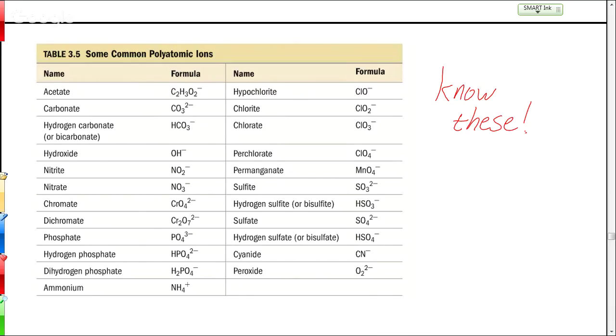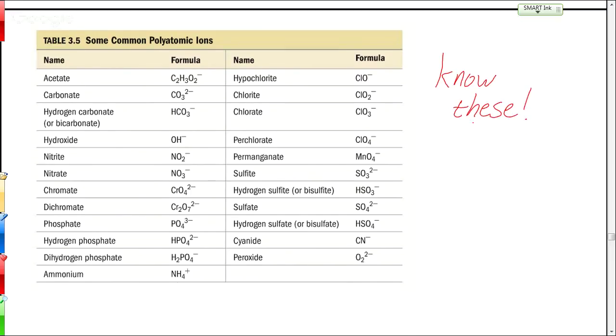So you need to know the name and the charge and the formula for each of these. So you need to know that nitrate is NO3 and its charge is -1. You need to know that sulfite is SO3 and its charge is -2, and so on. So we'll use this chart today. By next week, we'll have a quiz, and you'll need to know these for sure as part of the whole naming thing. So if it's not something you've learned before, it's been a long time, you can't remember them, make yourself some flashcards or just carry this little table around and learn these names again, because we'll use them a lot throughout this semester.